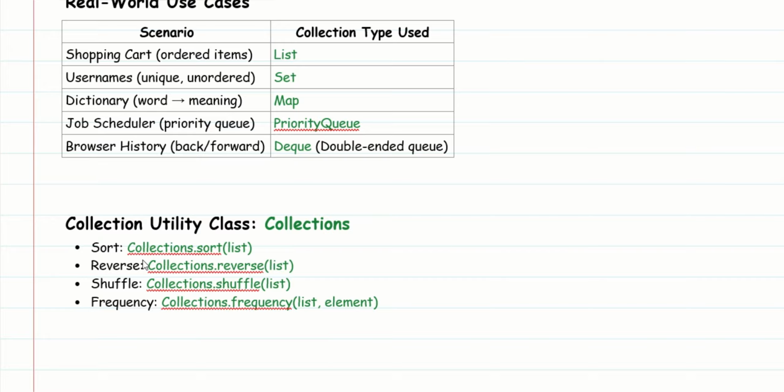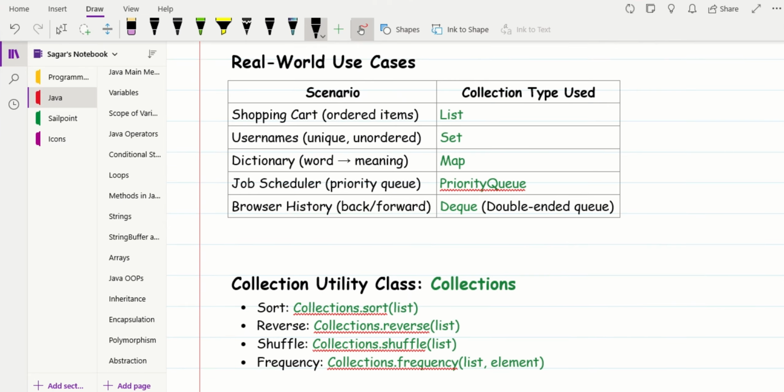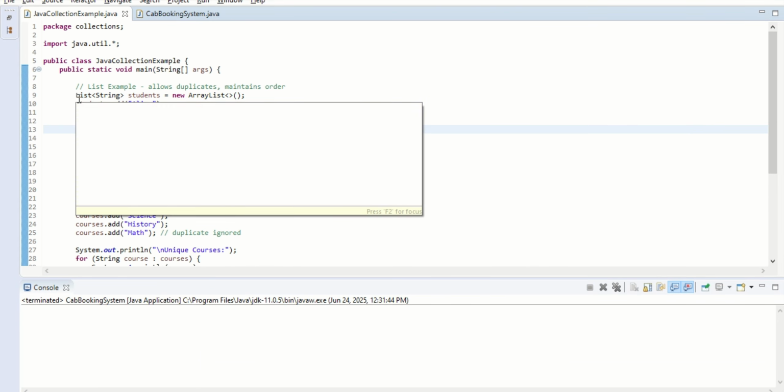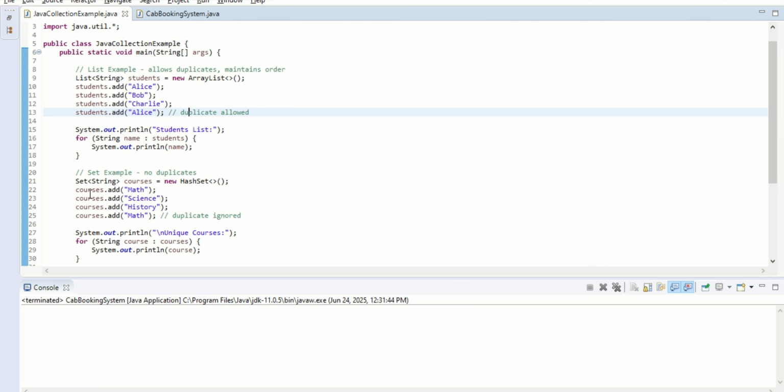So always use generics for type safety, which is recommended. So let's see a simple example in the IDE. So here is a simple example. I have a list, set,